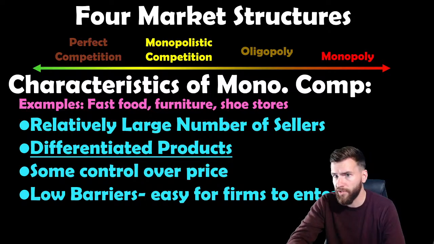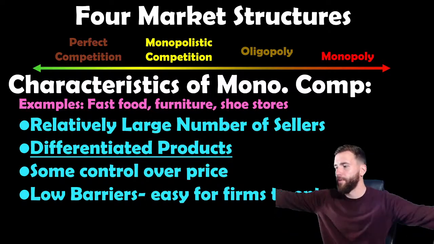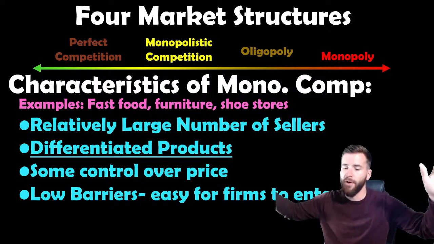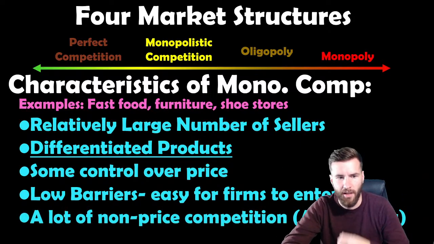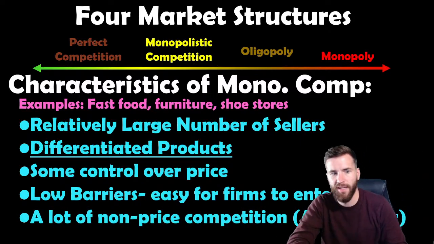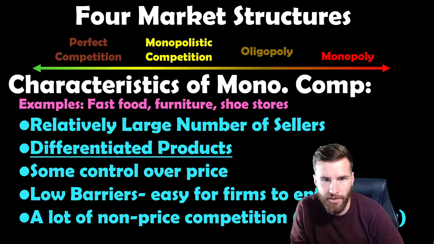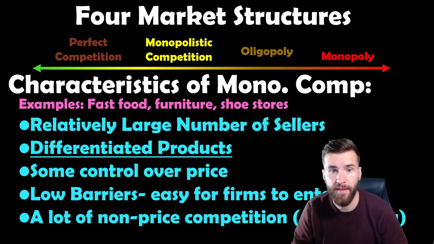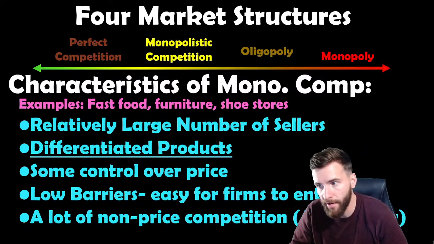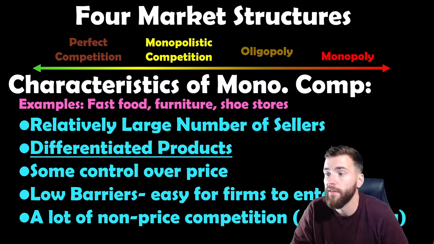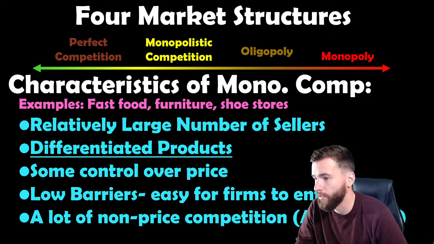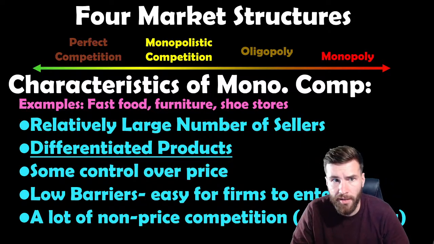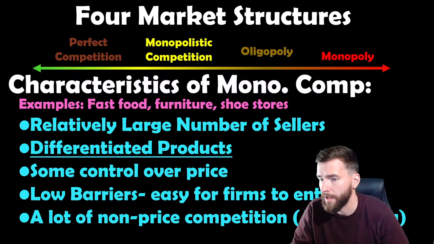So monopolistically competitive firms are going to advertise more than any other firm, right? Put advertise the most on that last column, all right? They're going to use a lot of non-price competition. They're going to try to do things to get you to buy their product as opposed to the competitors in ways other than changing the price, right? Most of the commercials that you see on TV, even though most of us don't even watch TV any longer, are going to be monopolistic competition.